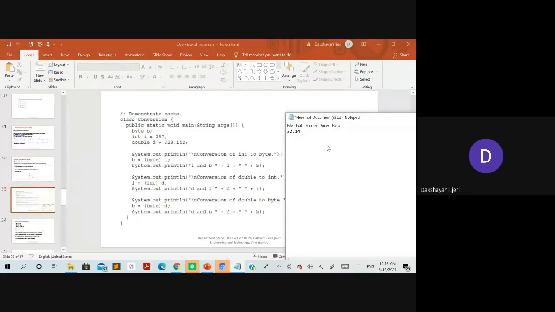Before you do any conversion directly to the byte, first it has to be converted to the integer.